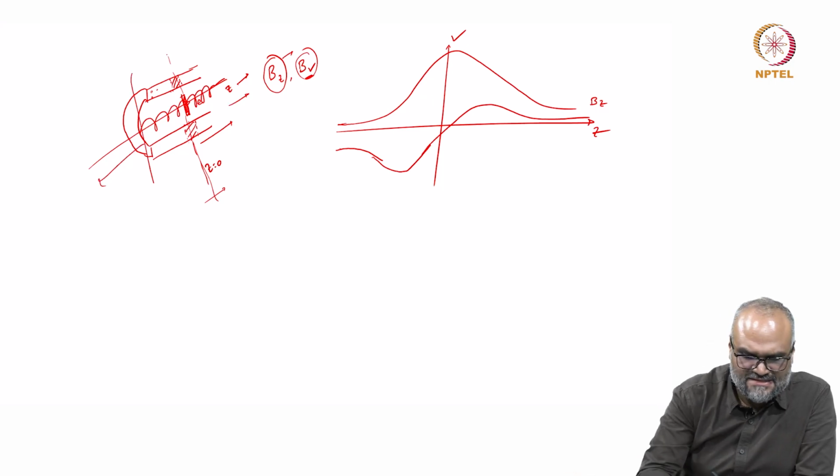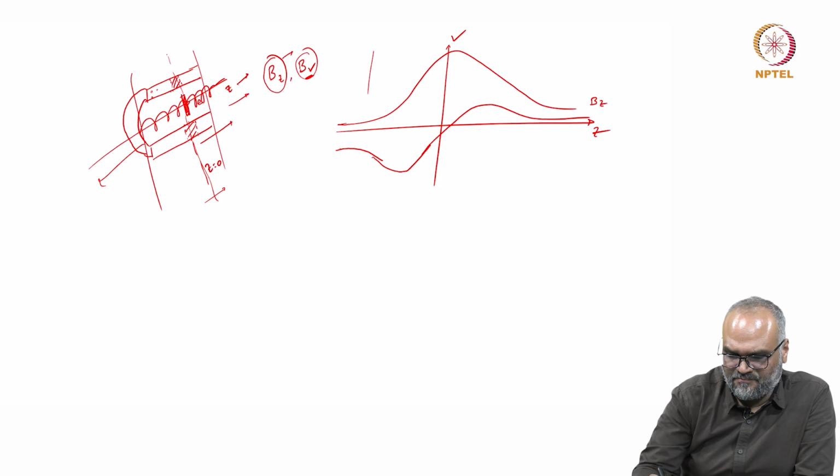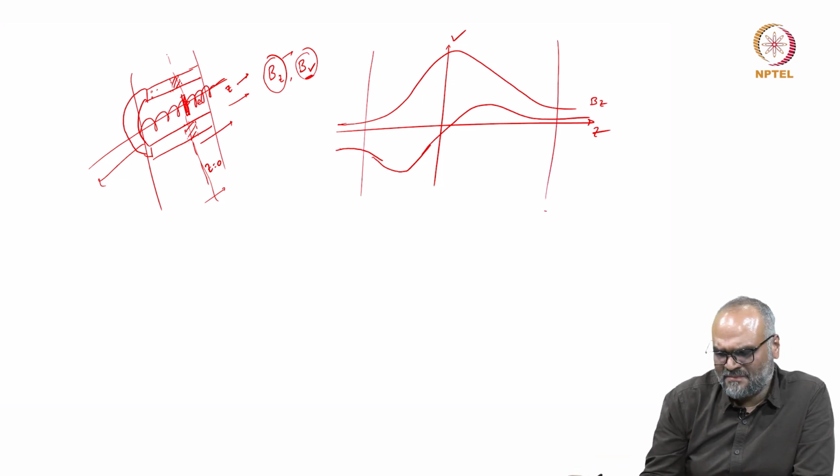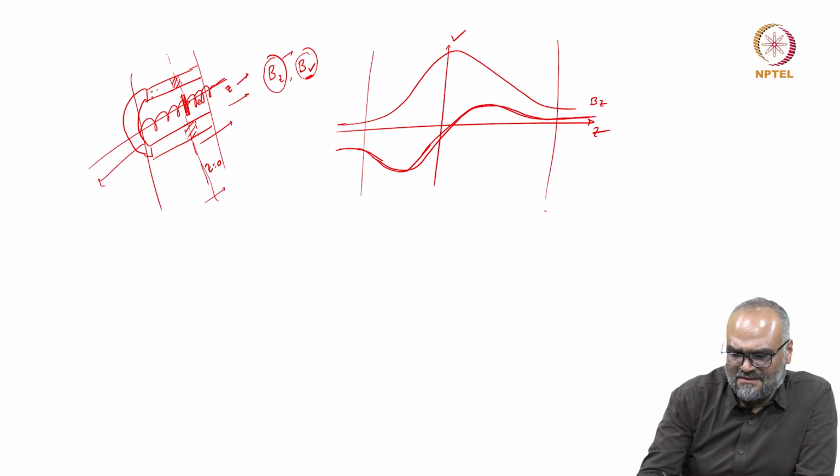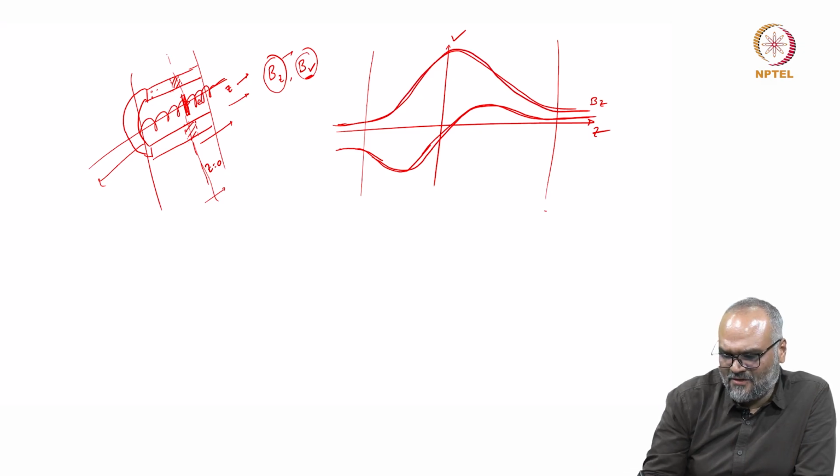So within this kind of a region, the radial component initially drops and increases, and then drops as I go far away. But the lens is designed such that I have a maxima at almost